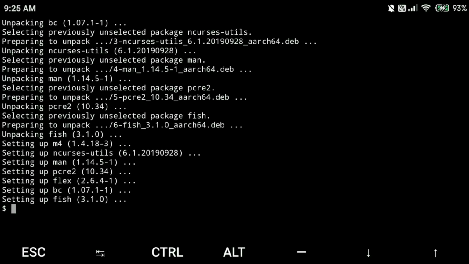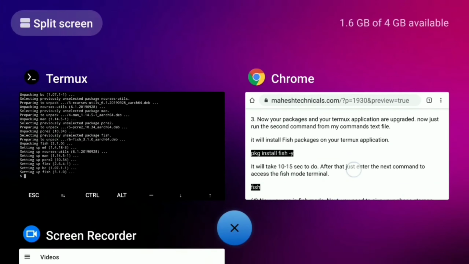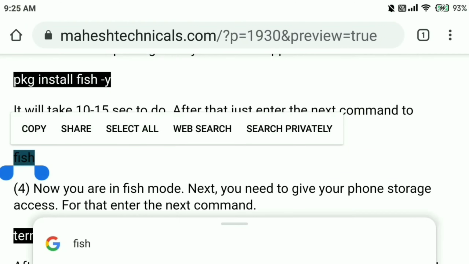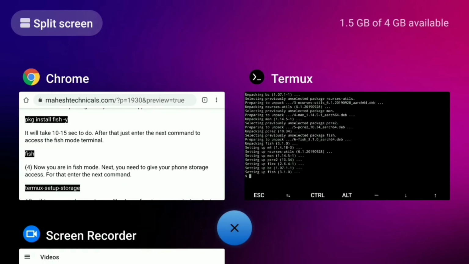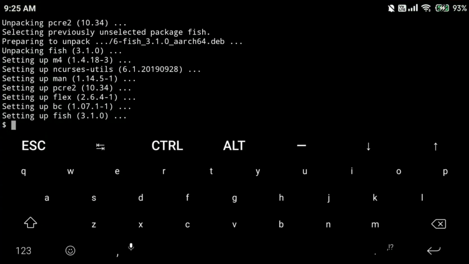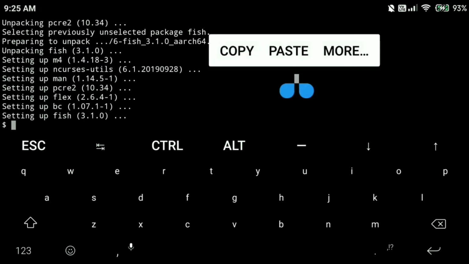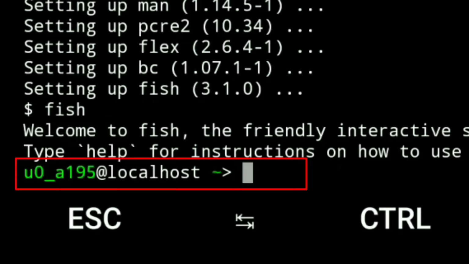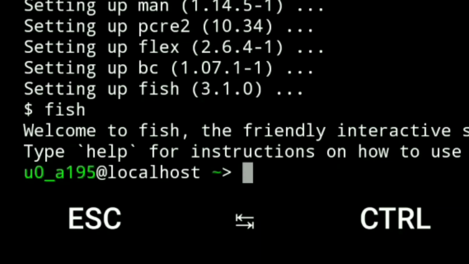Okay, the fish package is installed successfully. Now we are going to move Termux to fish mode. For that you need to enter the fish command here, fish, and enter, and now you see your mode is changed.